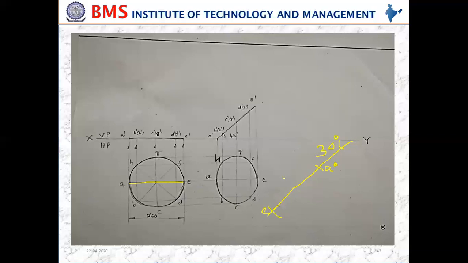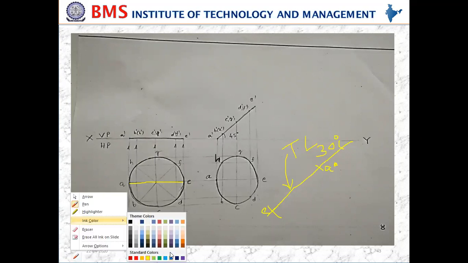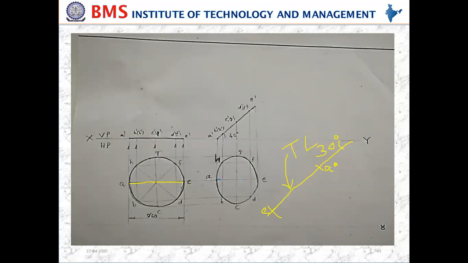This represents what? True length. So this represents the true length of the diameter. AE represents the true length of the diameter, which is 30 degrees. Okay. Similarly, now if you look at, I'll change the color. So this AE is the apparent diameter. Once you got this true length cut on the 30 degrees line, you will get the locus.